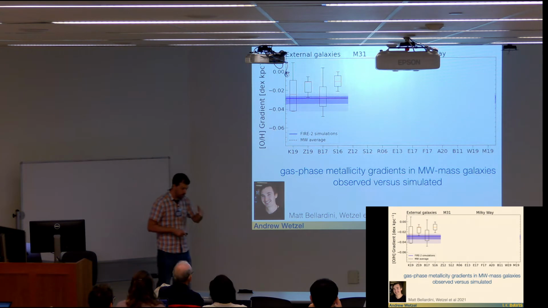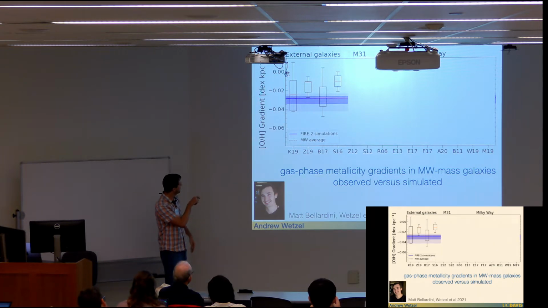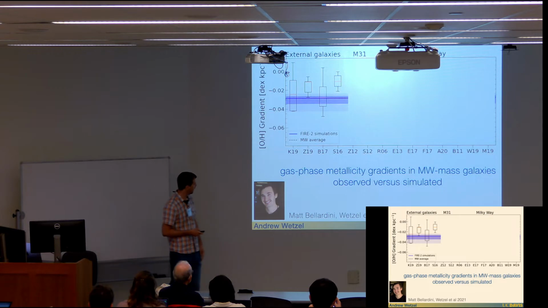So just as a quick benchmark of what the radial gradients look like at redshift 0, to show that we're forming disks that are in the right ballpark, here is the oxygen gradient, so dex per kpc, the radial gradient. The band shows the results from our simulations, so a typical gradient is something like minus 0.03. And then these boxes show different measurements from different surveys of nearby Milky Way-like galaxies. So you can see we're in the right ballpark compared to measurements of gas phase radial gradients in nearby galaxies.